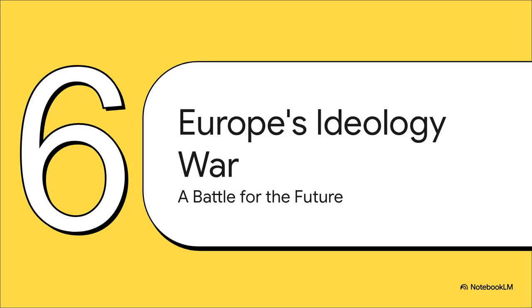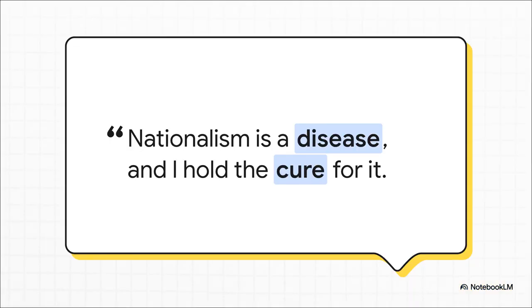Okay, let's bring the story back to Europe. The absolute chaos of the French Revolution and the Napoleonic Wars, plus all the social turmoil from industrialization, it left the old guard, the kings and the nobles, completely terrified. They saw a massive battle brewing for the future of Europe, and they were determined to crush these new ideas and win. To powerful leaders like Prince Metternich of Austria, these revolutionary ideas weren't progress, they were a disease, and he saw himself as the doctor with the cure.